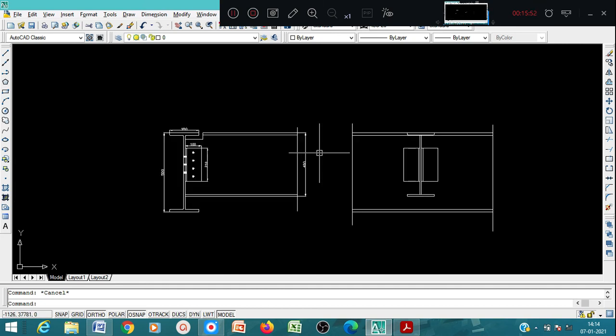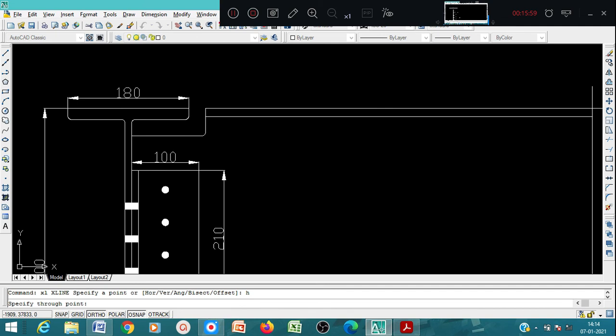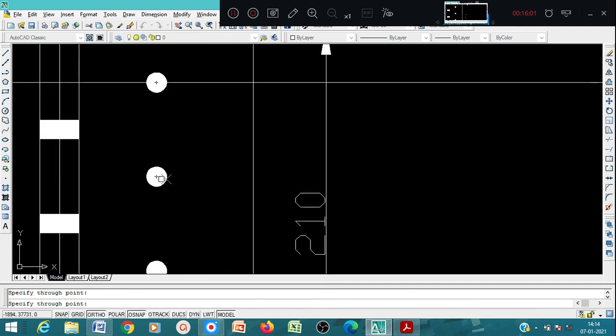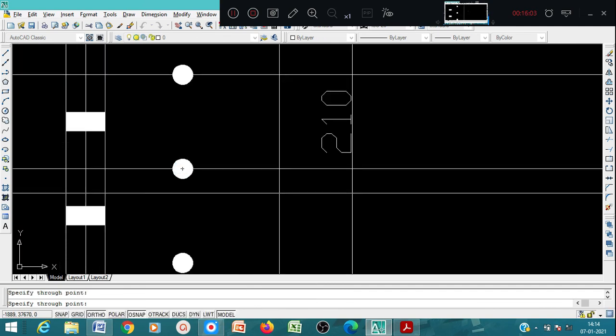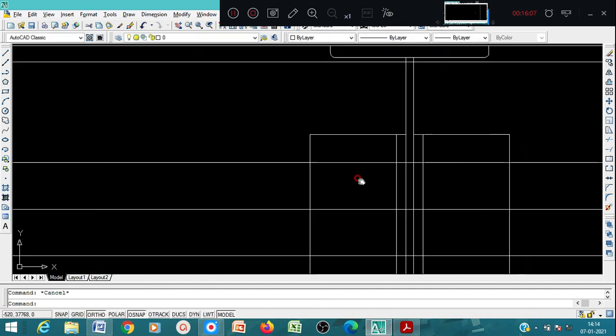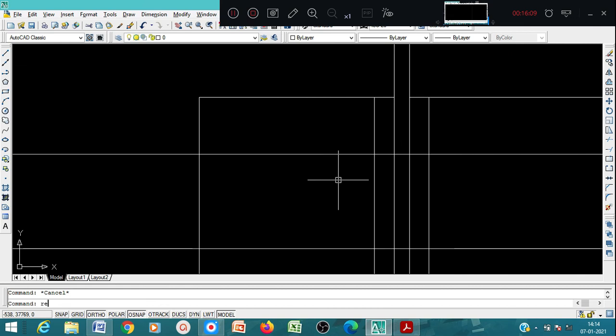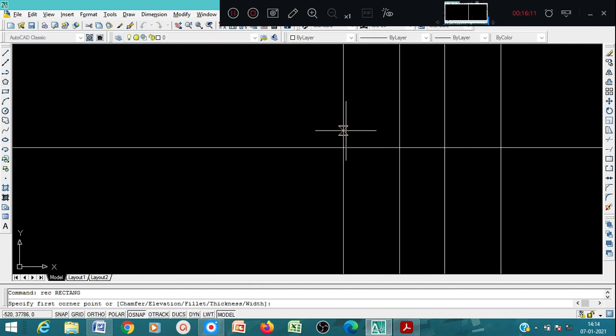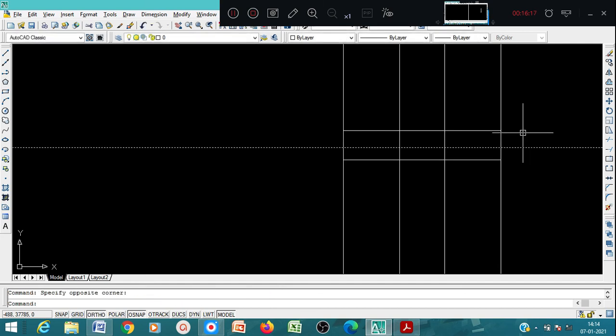Okay, so here you can again extend the lines by using the construction line. So these bolts here, we can show the bolts like this.